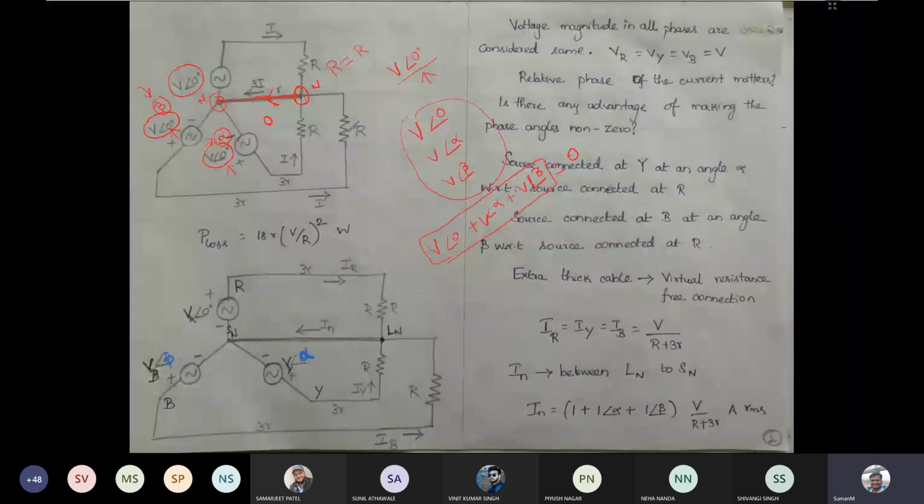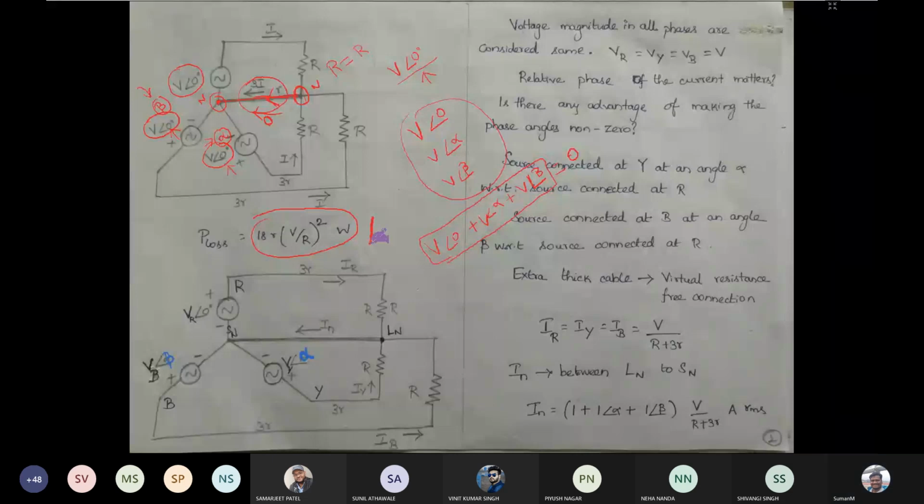balanced voltage and you have a balanced load, then the current flowing through this path can be made 0. Okay, so if you make the current flowing through this path 0, then obviously there is no power loss through this path. Because we have made the current 0, you can see that the power dissipation in the overall circuit can be